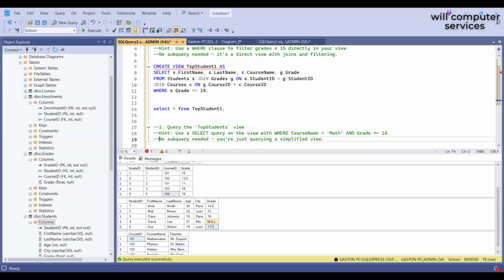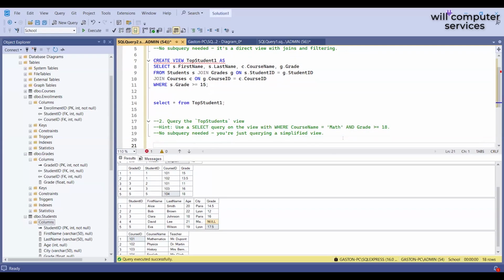Use a select query on the view with where course name equals math and grade equals 18. So here, this one will be select. We will select everything